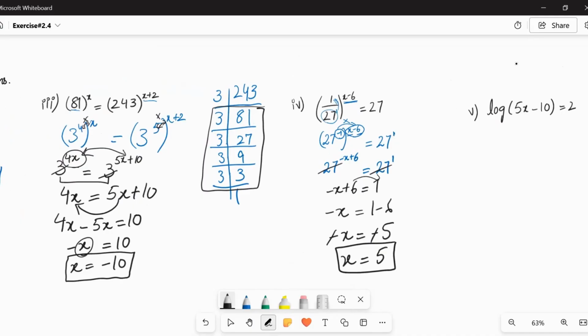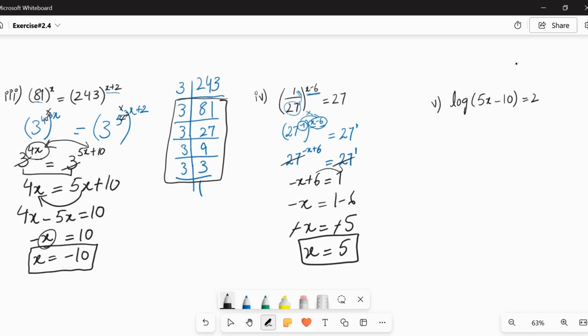Now let's see another question which is about log of 5x minus 10 equals 2, okay। Now you need a log on the right hand side also। सबसे पहले आप क्या करोगे, जो लेफ्ट हैंड साइड है it will remain as it is,